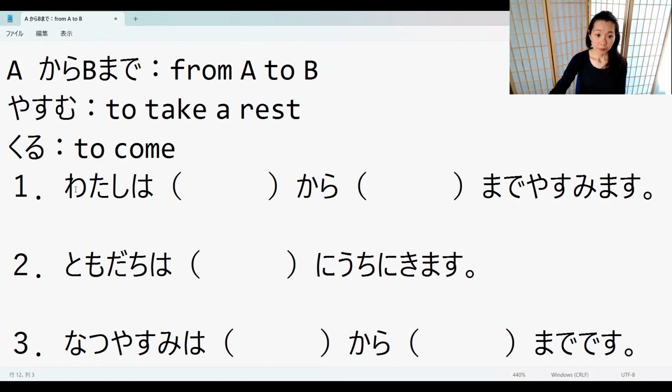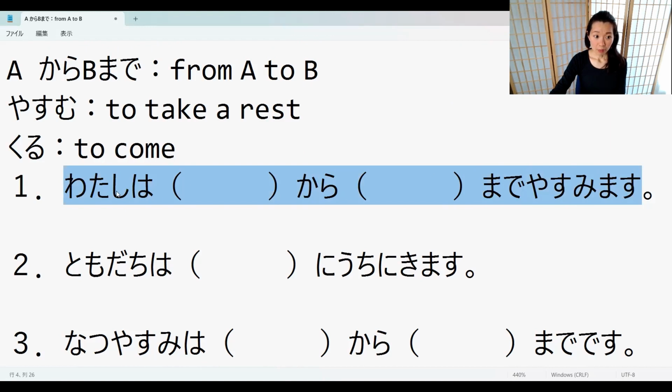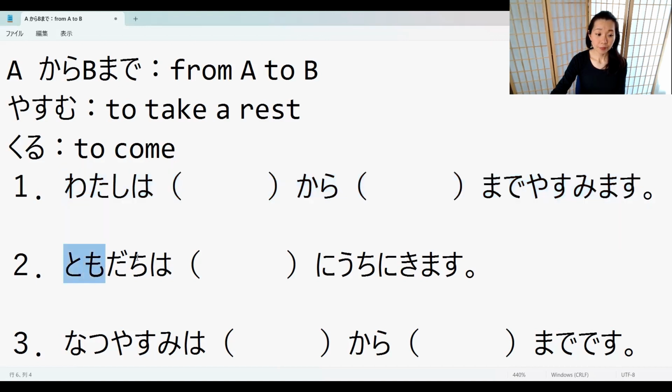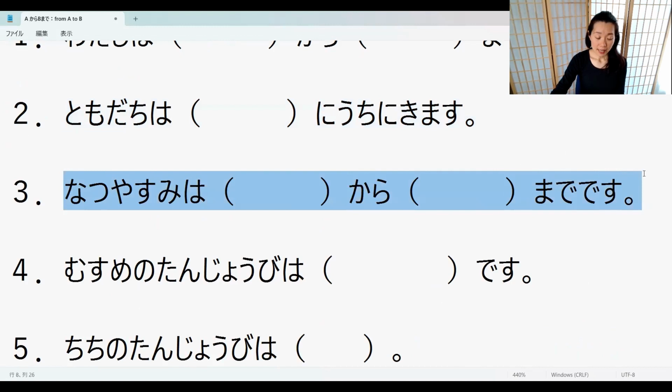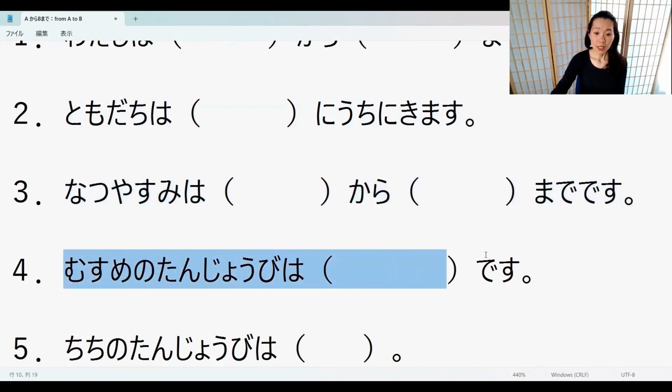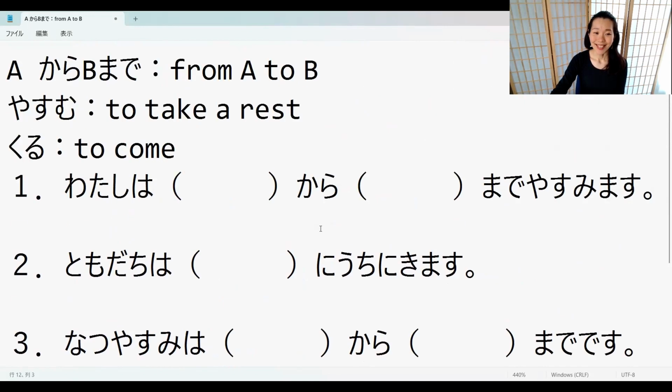1番。1番 means question 1. 1番、私は9月4日から9月20日まで休みます。2番、友達は8日にうちに来ます。3番、夏休みは12月13日から1月29日までです。4番、娘の誕生日は7月2日です。5番、父の誕生日は4月6日です。Okay, so let's check